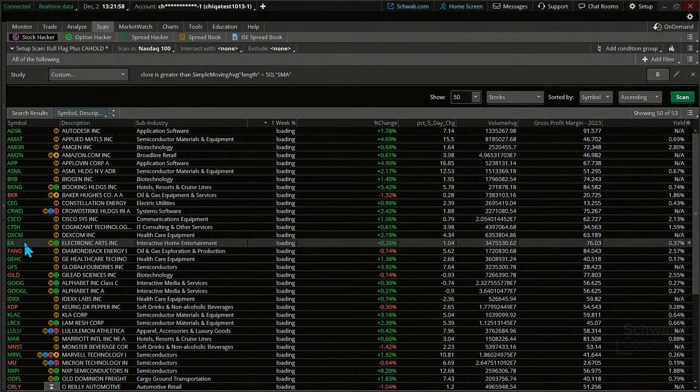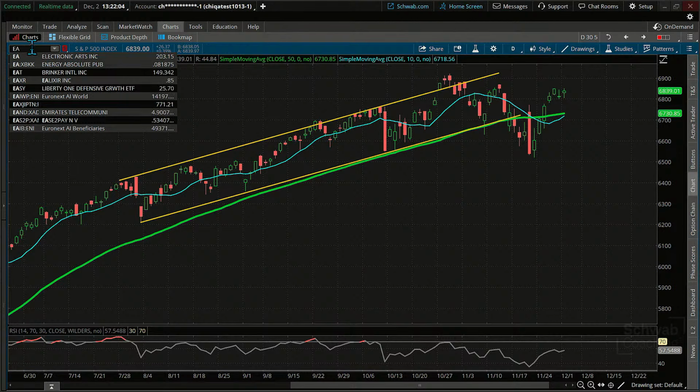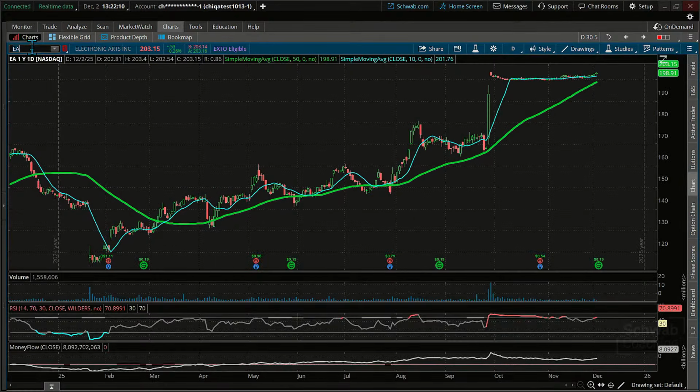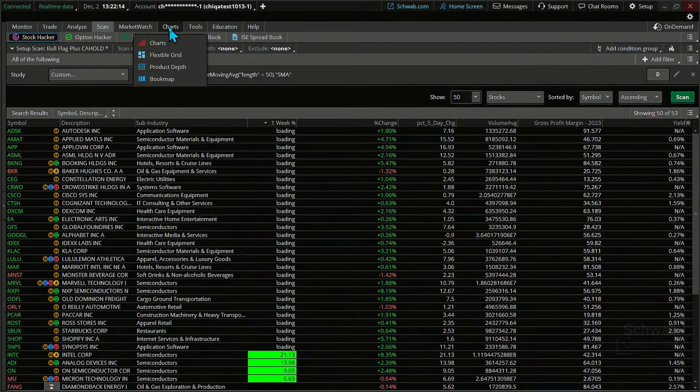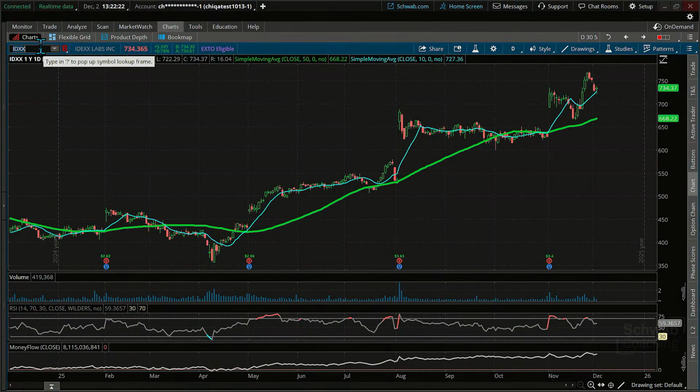So if I choose any one of these, here's EA right there. Are we getting the longer term trend in our favor? In other words, could the longer term trend be higher based upon what that moving average is telling us? Oh, sorry, that's right. These guys are getting bought out. It was above it, but that's not a great looking example. How about IDXX? Yes.